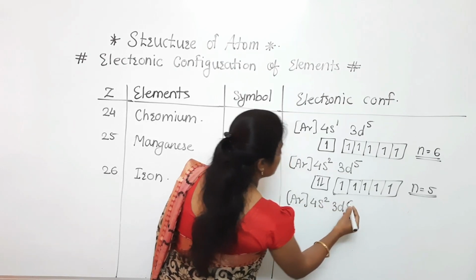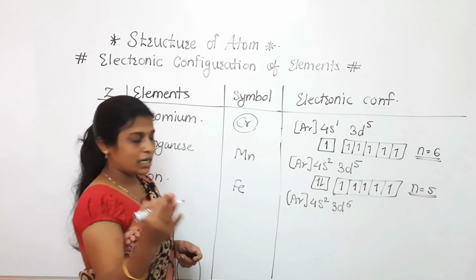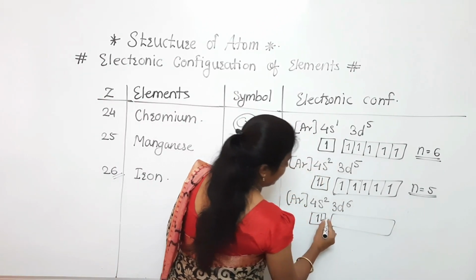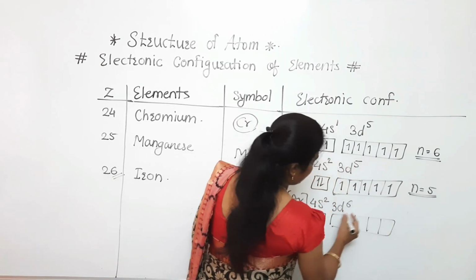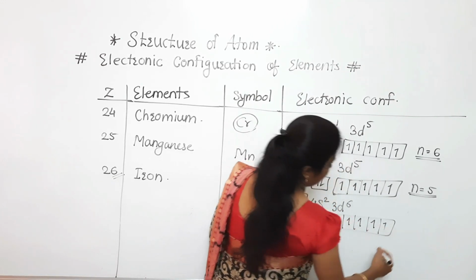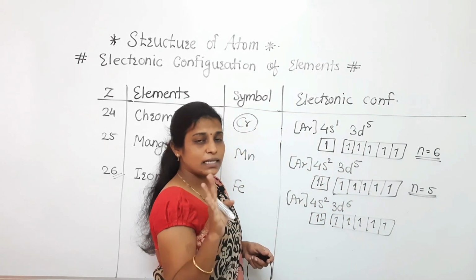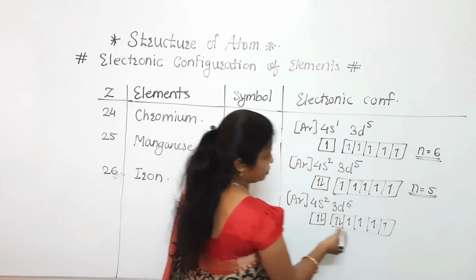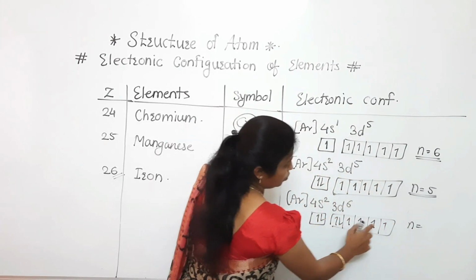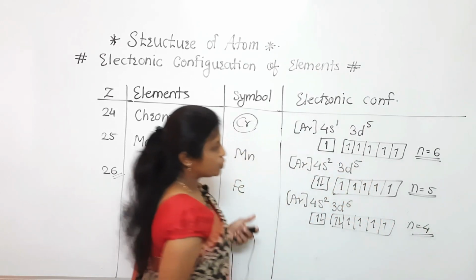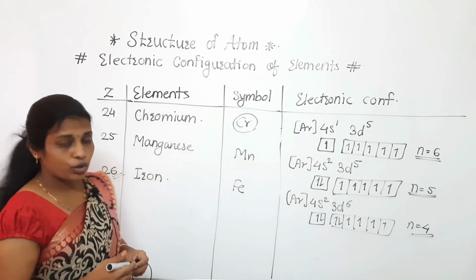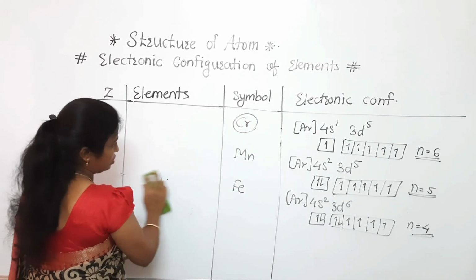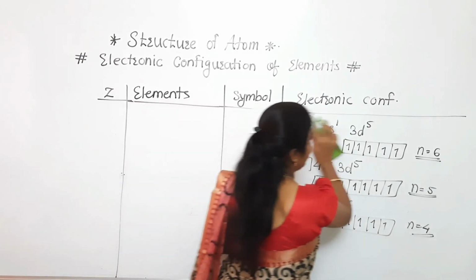So in that, argon 4s2 3d6 will be there, because 6 electrons will enter the d. Now here 4s means we have to draw 2 electrons, upward and downward. Now in this case 6 electrons are there. First, all orbitals will carry a single electron, and after that pairing will start in the first box. Now see, the number of unpaired electrons is 4. Are you getting my point? So in this way we have completed up to 26. Now the last 4 elements remain, Co to Zn, because Fe is completed.